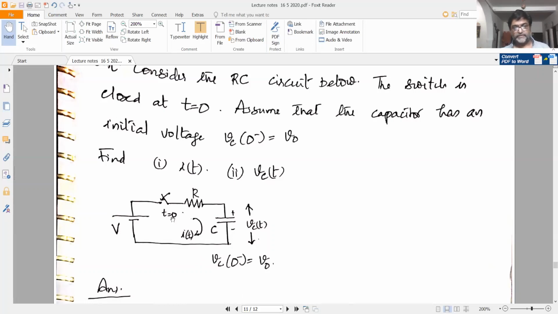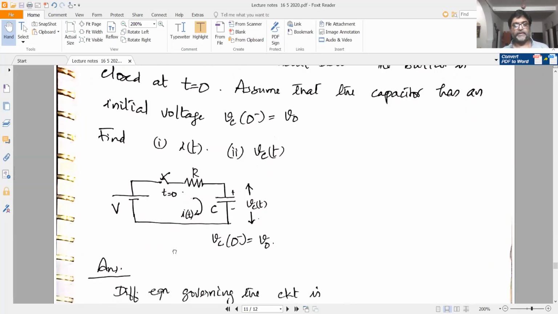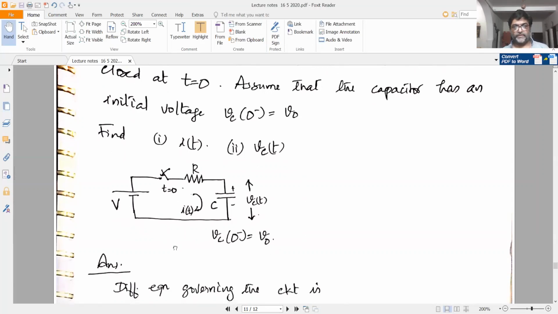The capacitor charges exponentially through the resistance. So initially there is a current to charge the capacitance, and the current gradually decreases and the current totally stops when the capacitor is fully charged. So that is when the capacitor becomes an open circuit. So what will be the current waveform that you will expect, that you can very easily understand. There will be initially a very high current which will gradually reduce to 0 as t increases. So when it is fully charged, there is no more current flowing through the circuit.